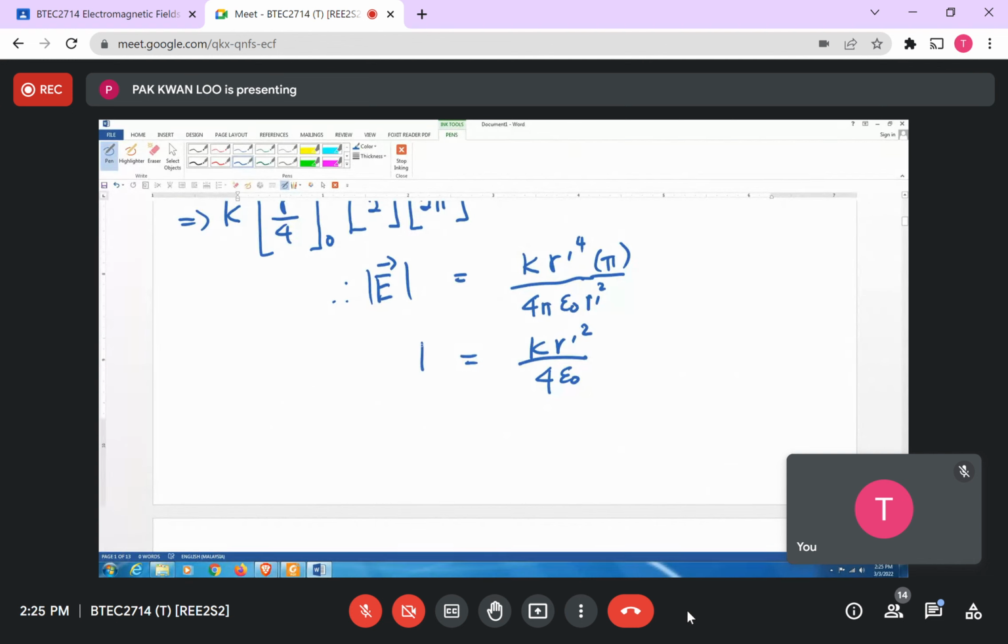if you want to include the direction of the electric field, since we knew the charge distribution is symmetrical over the spherical Gaussian surface, which is in spherical coordinates, and here we can say that, if you want, this is a magnitude, yeah. So bear in mind this is a magnitude. So if you want to include the direction, which is the vector, and also the magnitude, therefore we can put r prime r cap. So this means the electric field direction is pointing radially coming